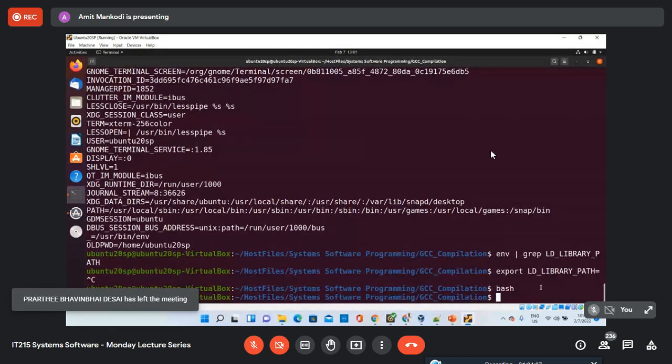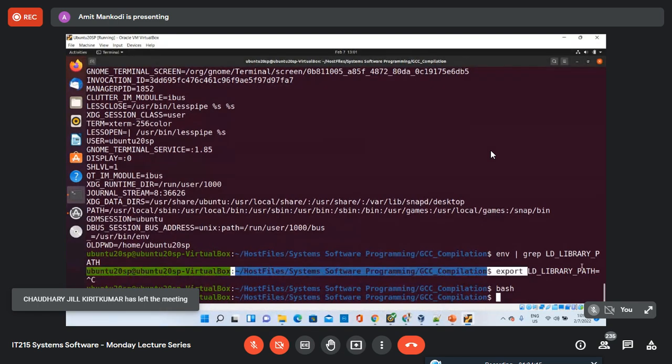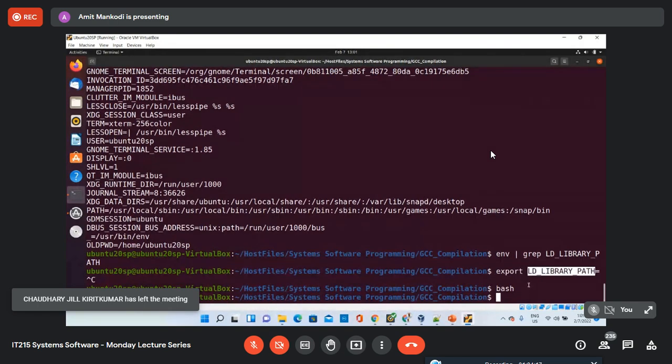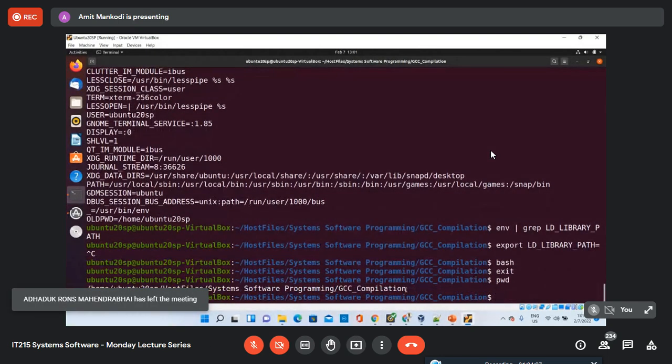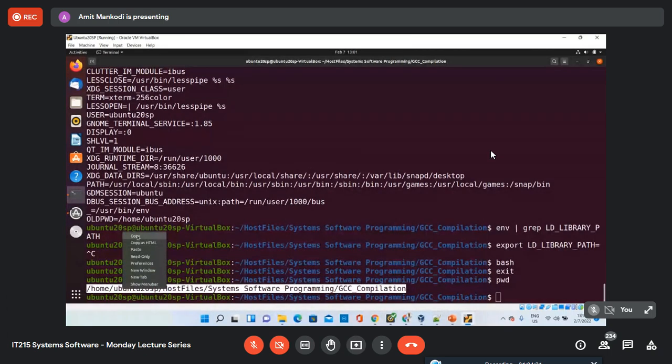So in short, what I'm trying to say is that because the dot directory is a relative directory, it is not an absolute directory. We should try to provide the absolute path over here rather than the relative path, right? So we'll say pwd, and this is the path where that library file is available.